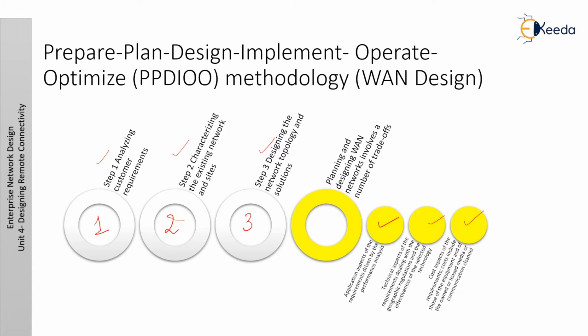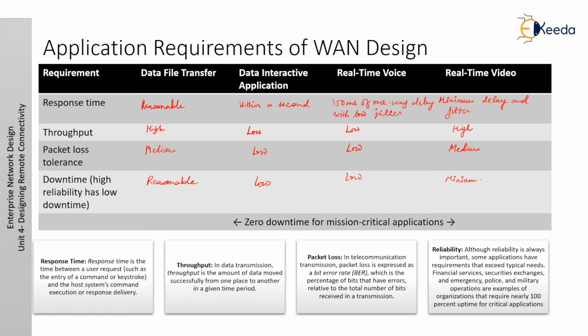Cost includes those of equipment and the owned or leased media or communication channel. WAN connections are typically characterized by the cost of leasing WAN infrastructure and transmission media from a service provider. WAN design must therefore trade off between the cost of bandwidth and the bandwidth efficiency.